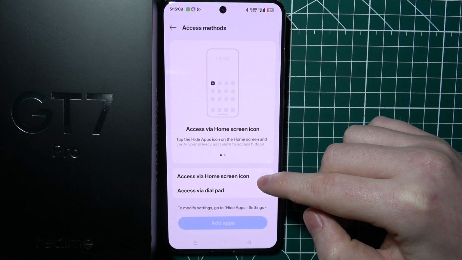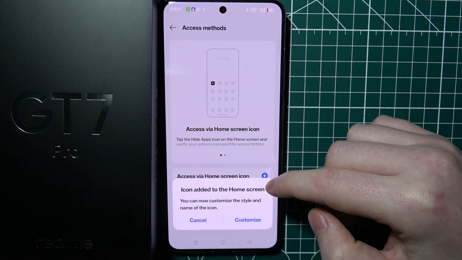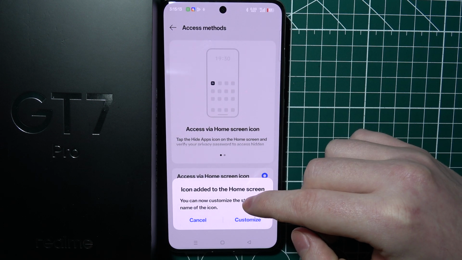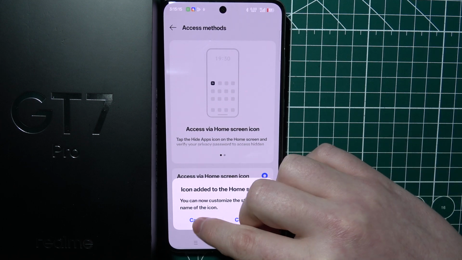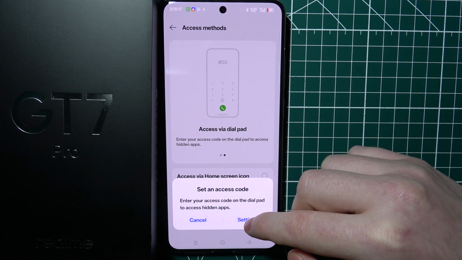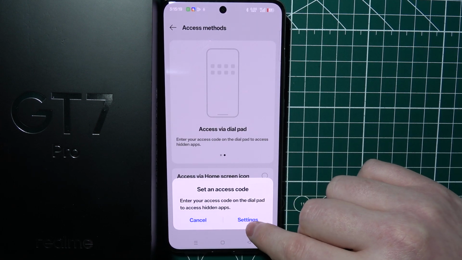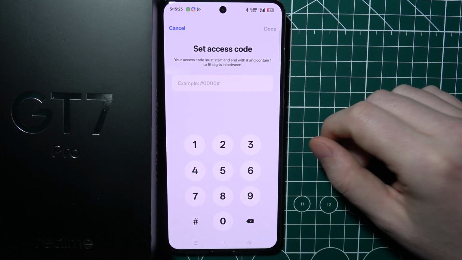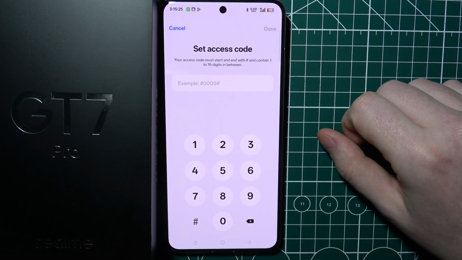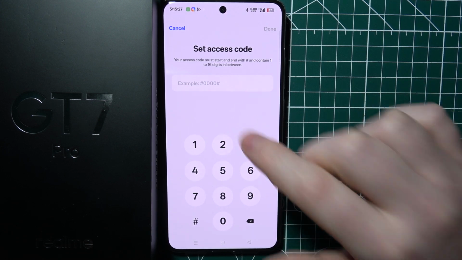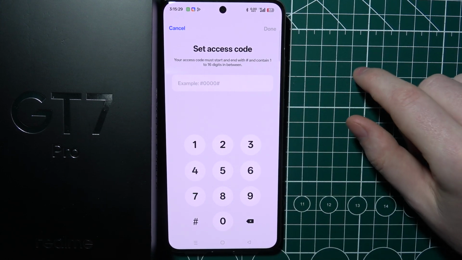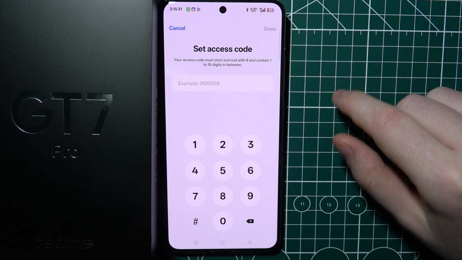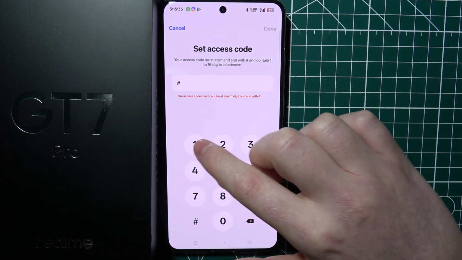If you decide on the home screen icon, then you'll be able to customize the style and name of the icon, but I prefer the dial pad tone, and let's go with that. Now, when you enter the access code setup, you need to enter the dial number you need to type in to unhide those apps. And I'm gonna go with something like